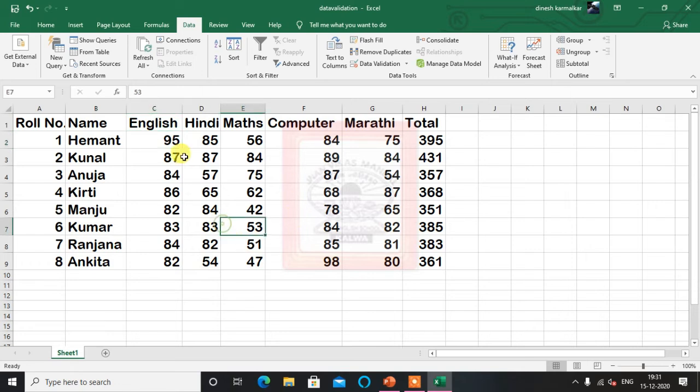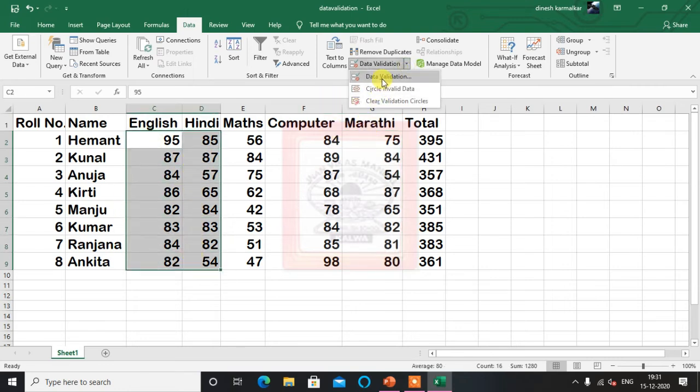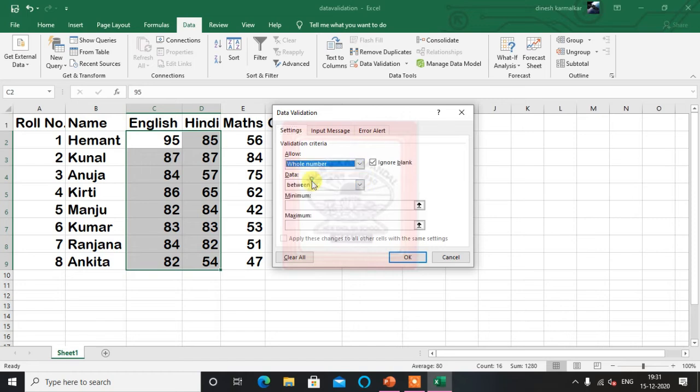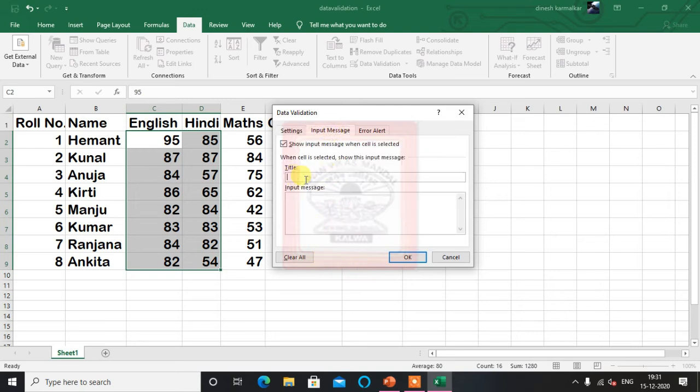Now instead of giving one common rule, I will give separate rules for English and Hindi. Let's say these are 100 marks. Let's say maths is of 80 marks, computer is of 50 marks, and again Marathi is of 100 marks. So for English and Hindi, I will give the data validation rule as whole number 0 to 100. Here I will give validation, marks